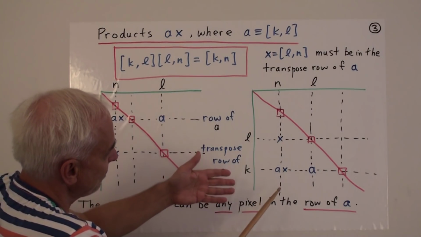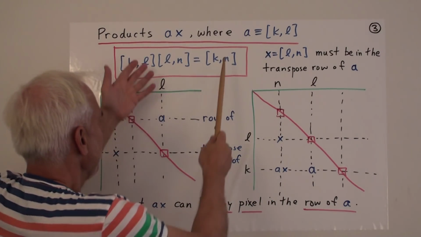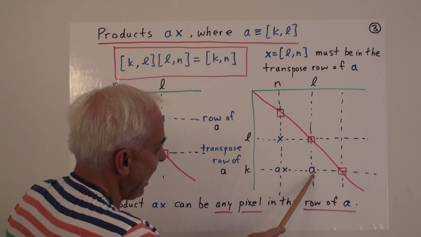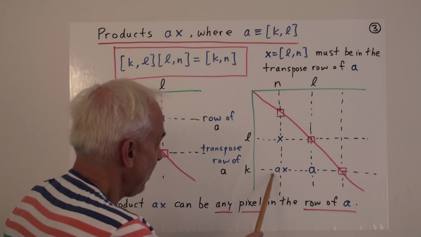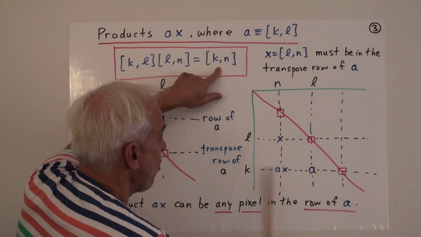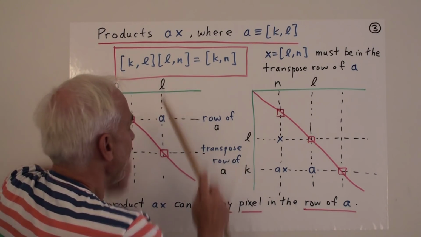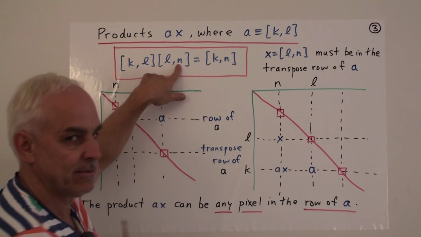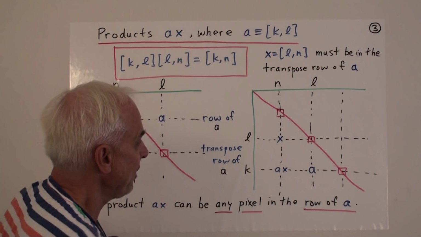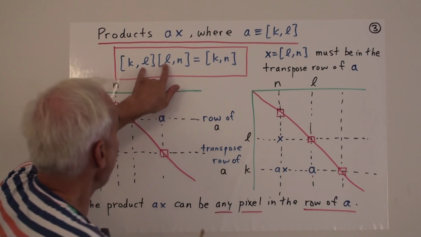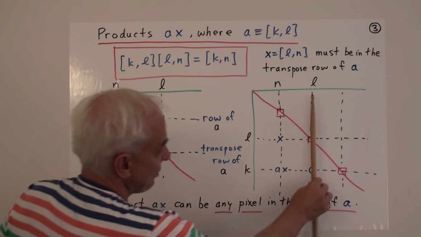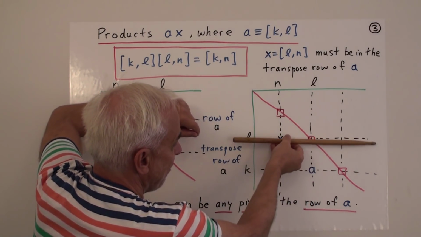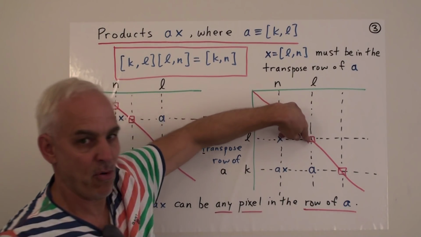So this is just another way of thinking about the algebra. This is the algebra, this is the geometry. It's telling us that if we want to multiply A times X, then the final thing is going to be in the same row as A, and it's going to be in the same column as X. Right? And that will only happen when A and X are related by having the common L here, and that's really the condition that the column of A and the row of X meet at the same diagonal point.